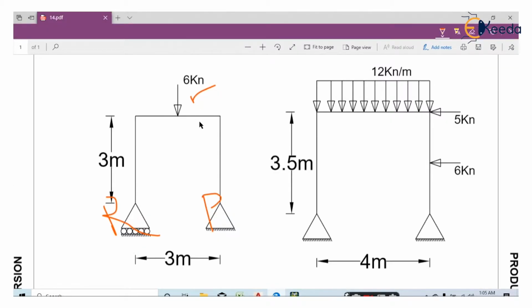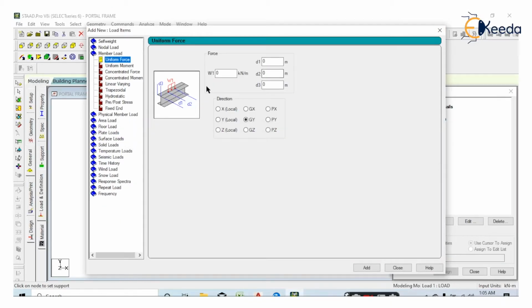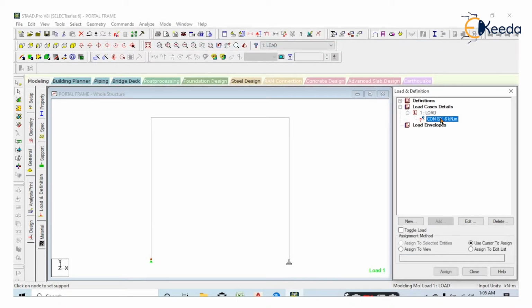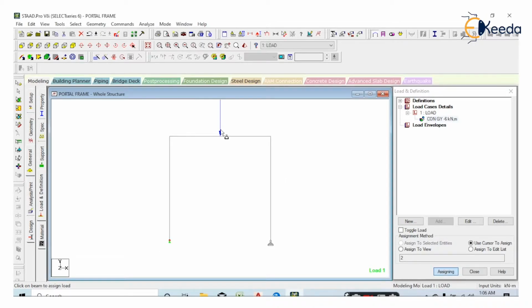It is a concentrated force. Go to concentrated force, provide value P as -6, add and close. Select that particular load, go to use cursor to assign, and then click on that particular beam.